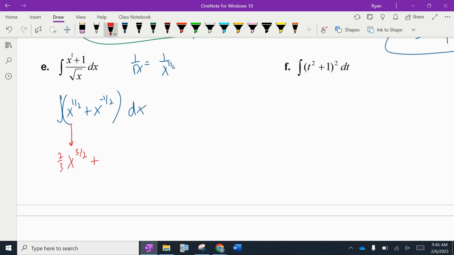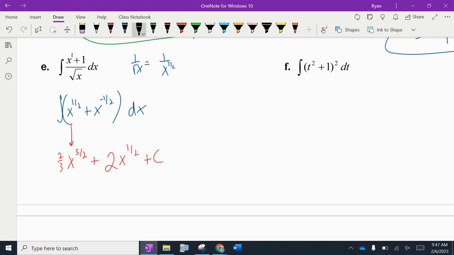Plus this next one, you add 1 to your exponent. Negative 1/2 plus 1 makes it x to the 1/2. Divided by 1/2 is the same thing as times 2, plus c. Now, a reminder here, the original problem started off with a square root in it, so it has